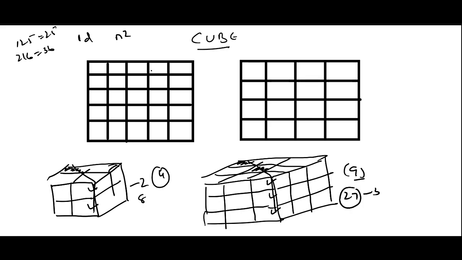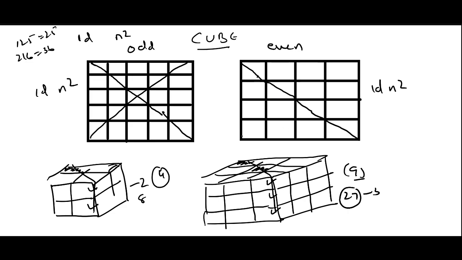But for 2 diagonal cuts, there will be a change in the pattern. If we take the cases of odd and even, for one diagonal cut both of them have n square. But if we see 2 diagonal cuts, let's see the approach. We have one diagonal cut, and while making the other diagonal cut in the even side, we'll make 2 diagonal cuts. Now here we can visually see there is a difference in the pattern.